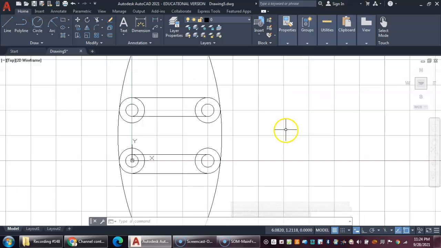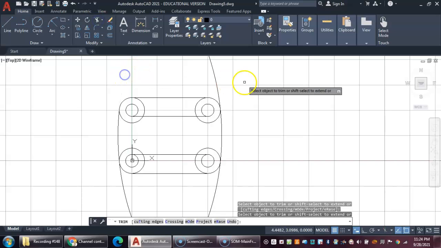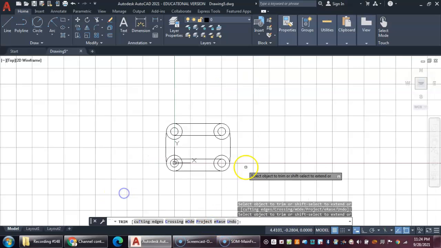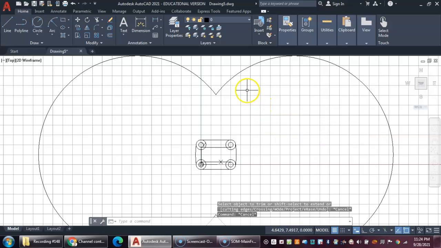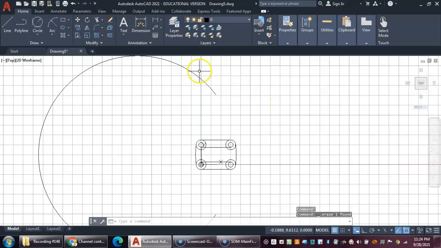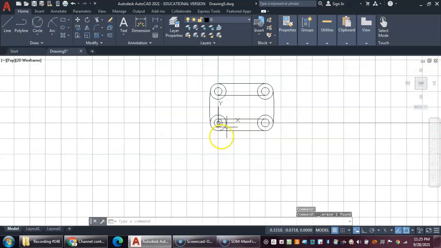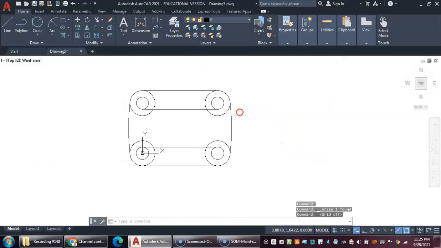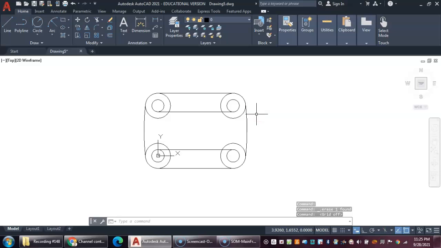So we're going to have to go and do some trimming out here. So we can use our trim tool. We'll get rid of this. So we'll come back. All of those are taken care of. I'm going to escape out of my trim tool so it's easier to just delete these now. Zoom back in. I'm going to turn my grids off just to help me clean up and take a look now at a couple of the other